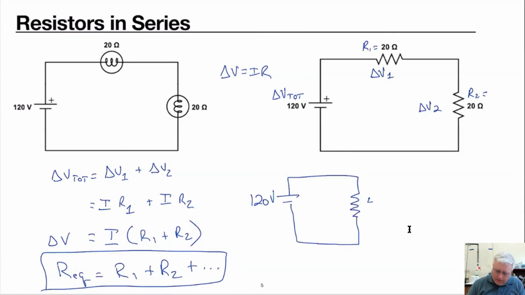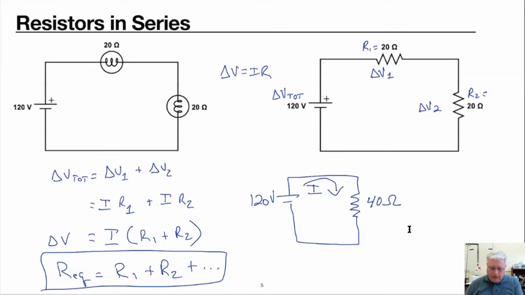So that would be 40 ohms. Current still flows through it counterclockwise, but it would have the same effect. Whether we have two 20 ohm resistors or one 40 ohm resistor, the current will still be the same in